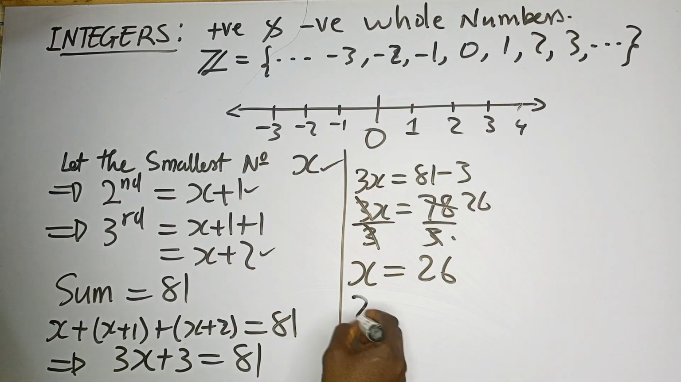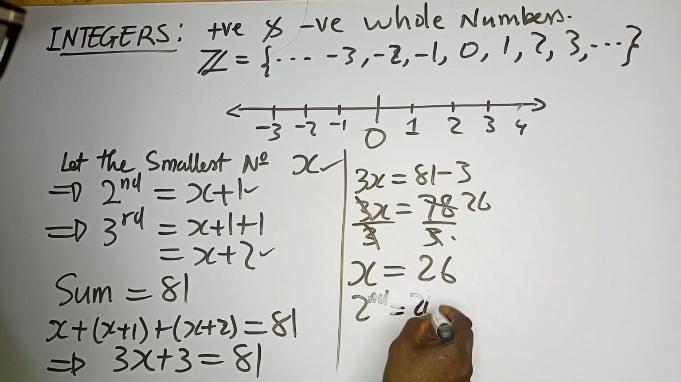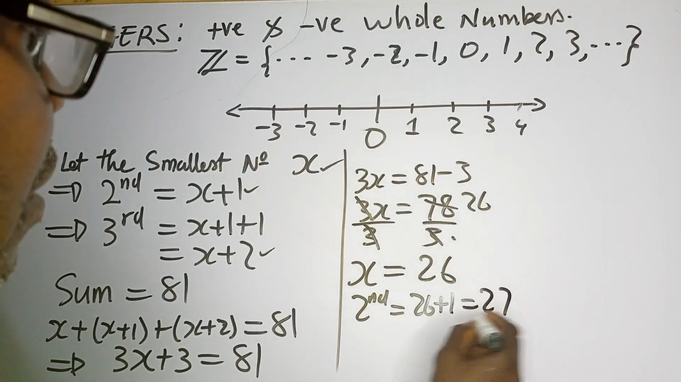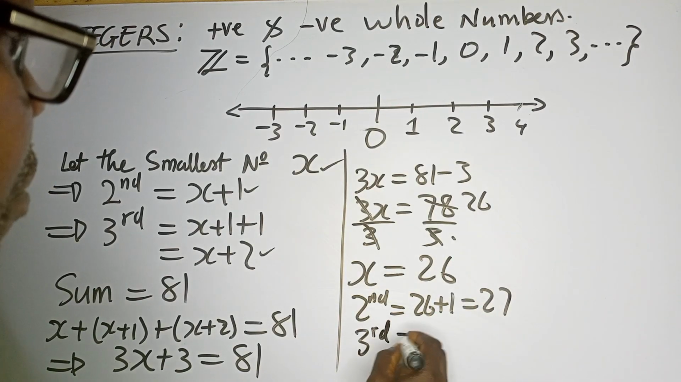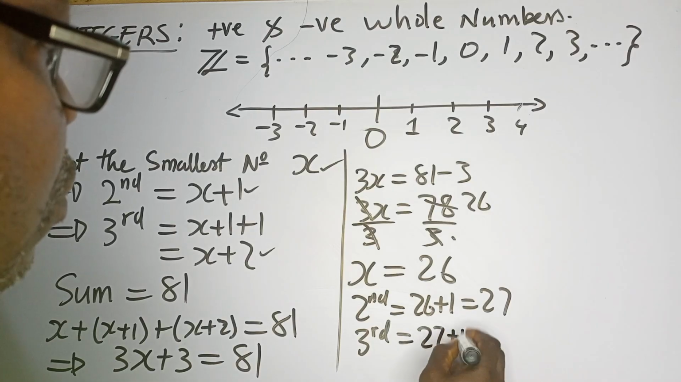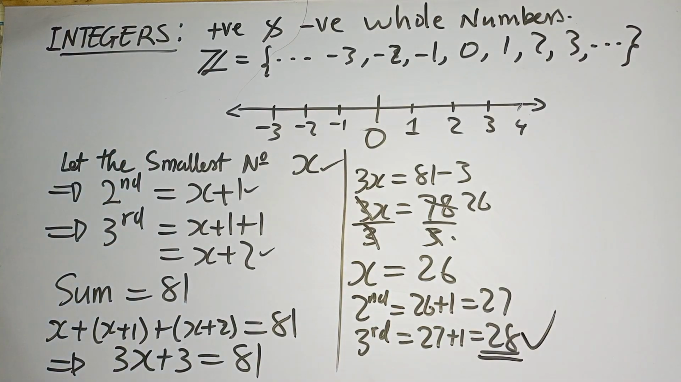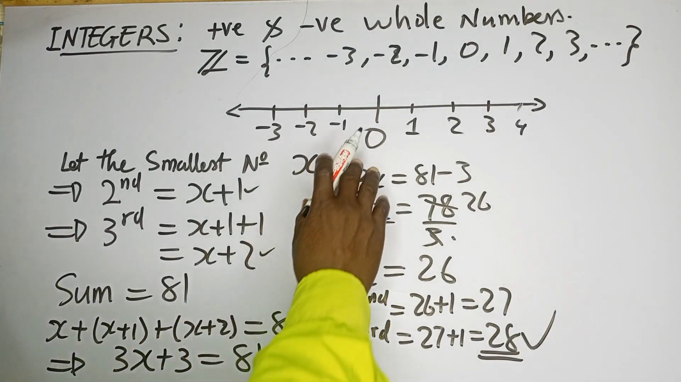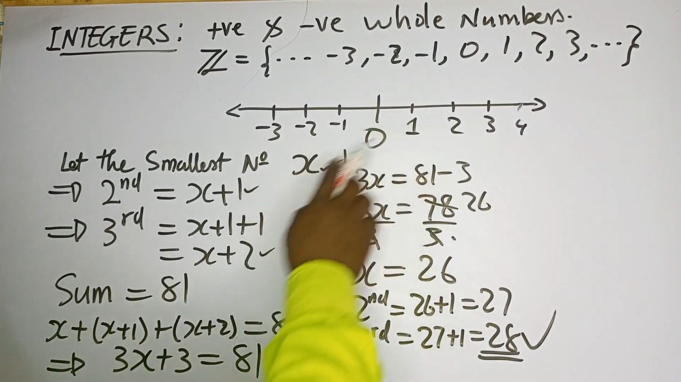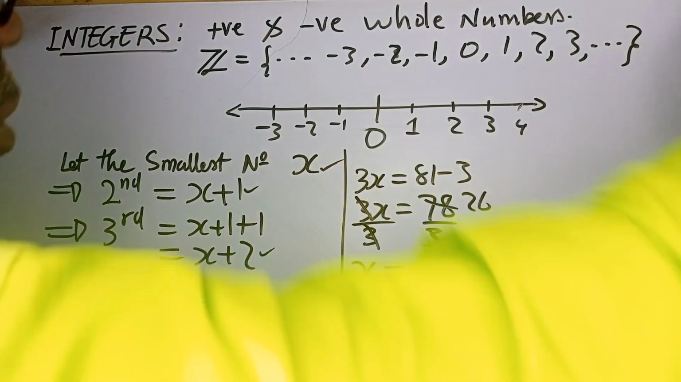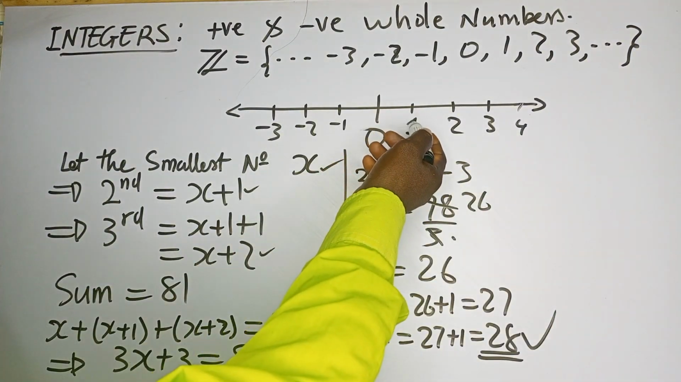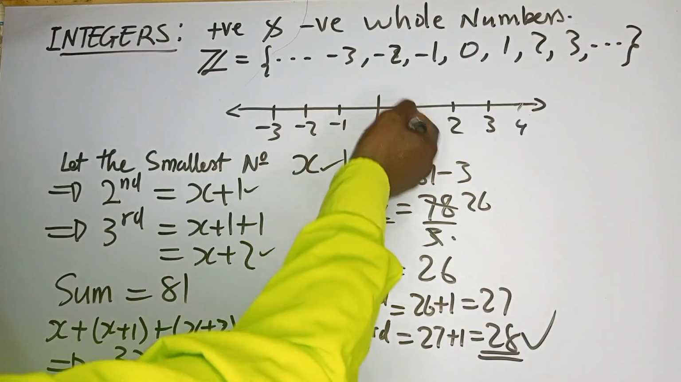All right. So from here, we know that the second will be 26 plus 1, which is 27. And the third will be 27 plus 1, which is 28, which of course is the largest. So the largest of the three integers is 28. Now, if you look carefully, we have handled a case where we started from the smallest, getting to the biggest. What if we started from the biggest and got to the